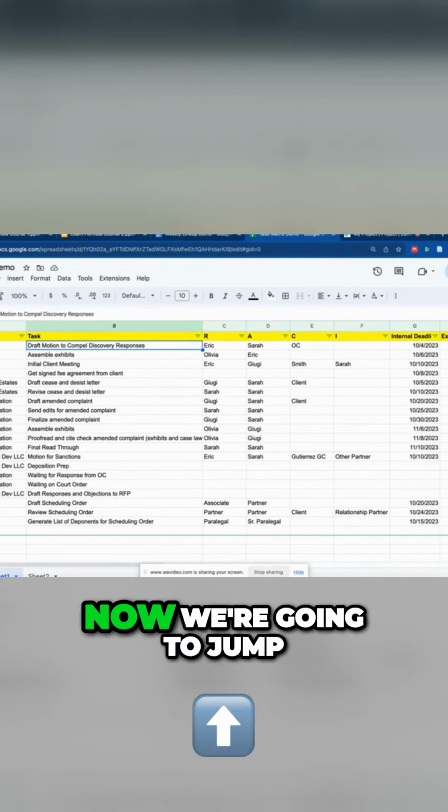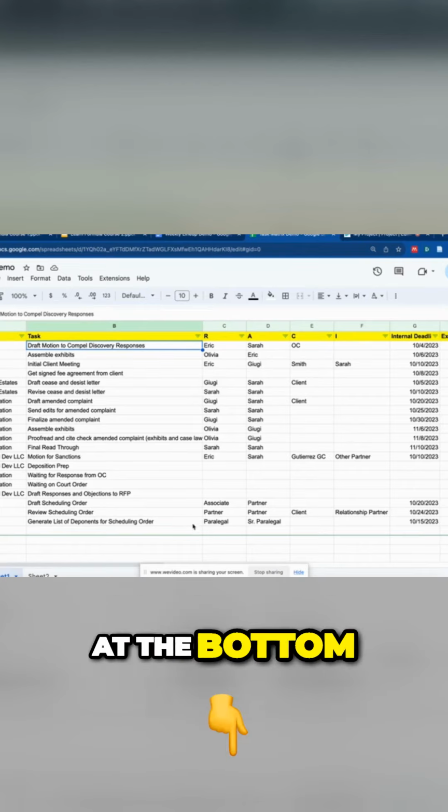Now, we're going to jump down here all the way at the bottom. You see where my cursor